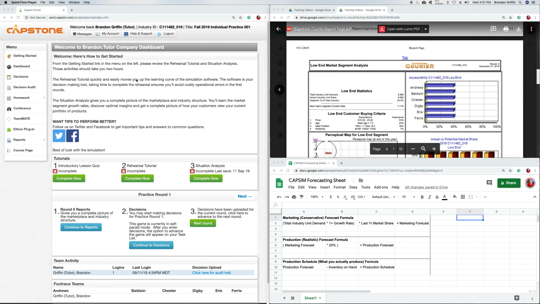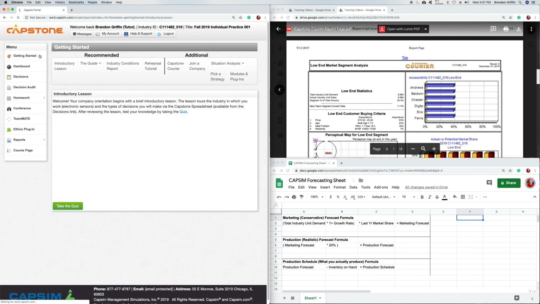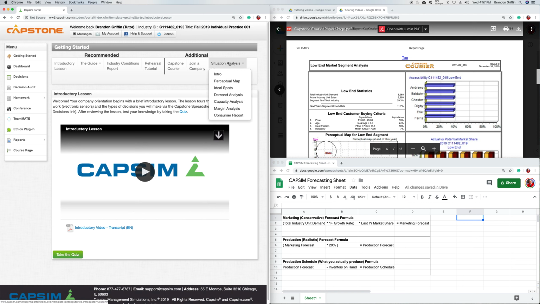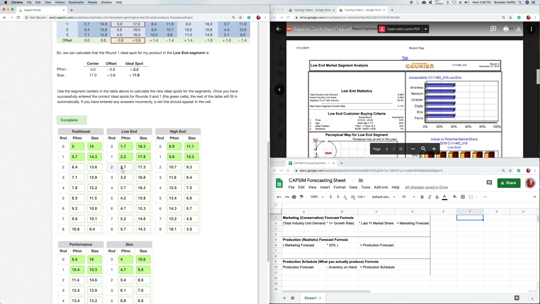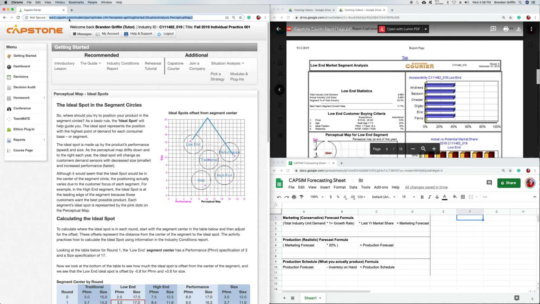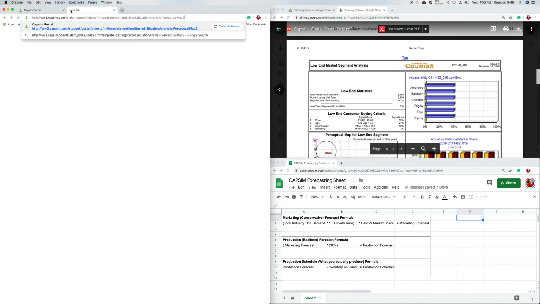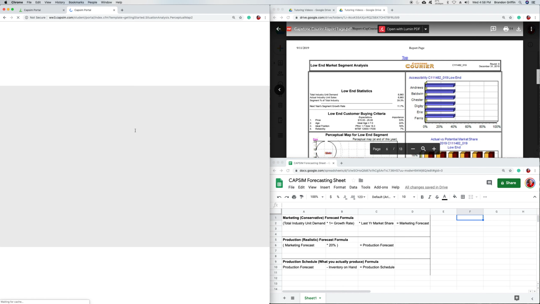This is the page that you see when you log on to Capstone. A couple of key pieces of information that we're going to need at first. We're going to need our situation analysis, and we're going to need our Capstone Courier. To get to our situation analysis, which you should have completed before you begin the simulation, you're going to hit Getting Started, go over to the situation analysis, and I like to use the ideal spots of the situation analysis. This is going to help with our R&D, and you already calculated these numbers. So let's go ahead and keep the situation analysis open, which we have in this tab,